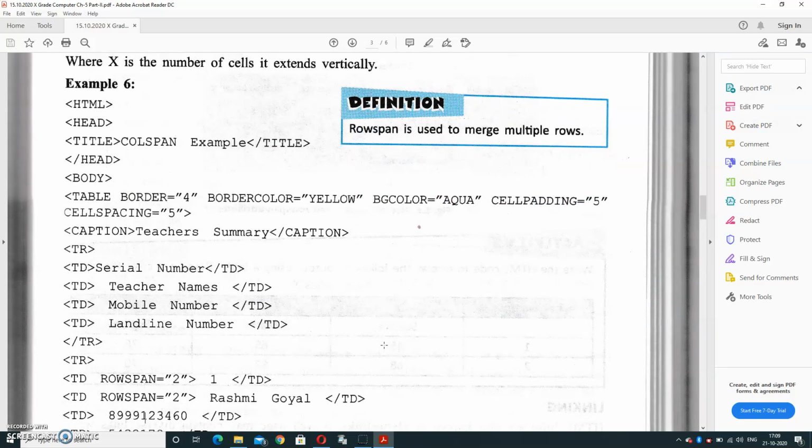HTML head title, colspan example. In the body tag we have written table border equal to 4, border color equal to yellow, bgcolor aqua, cellpadding 5, cellspacing 5, and caption teacher summary. In the table, the first row is serial number, teacher name, mobile number and landline.